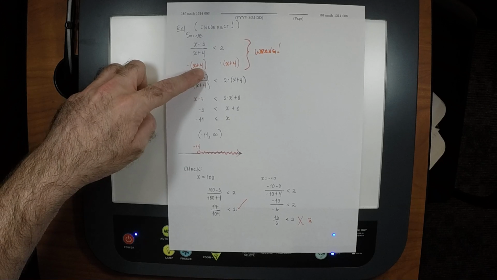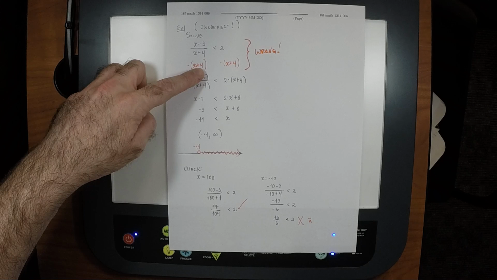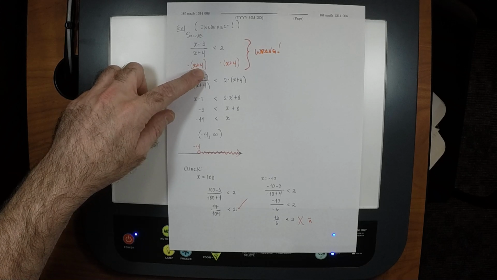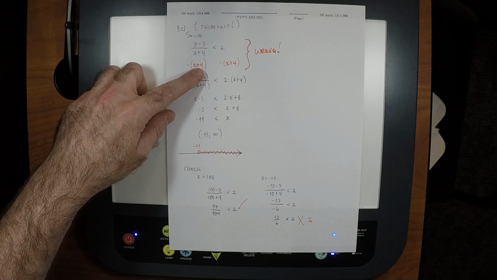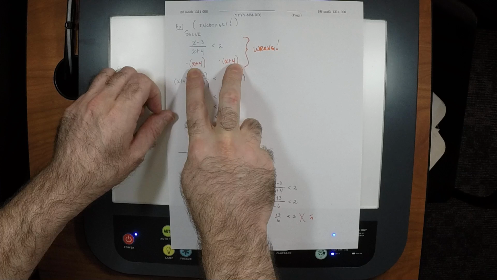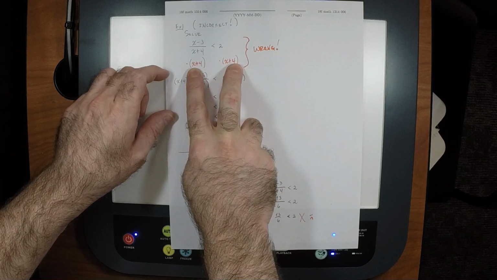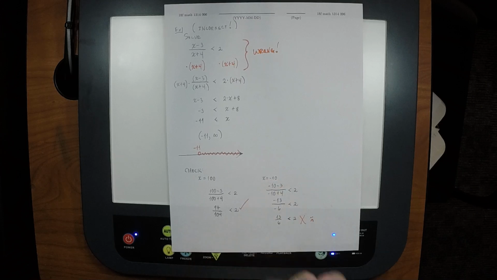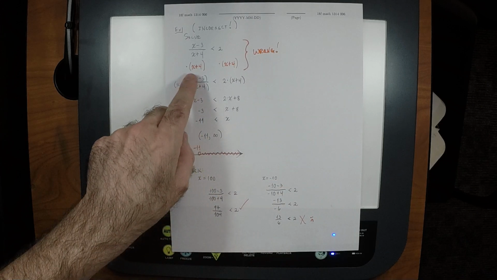It depends on the value of x, doesn't it? The only value of x that's not permitted is negative 4. So is it permitted for x to be 100? Yeah? And when x is 100, x plus 4 is positive. Is it permitted for x to be negative 10? It is. And when x is negative 10, x plus 4 is